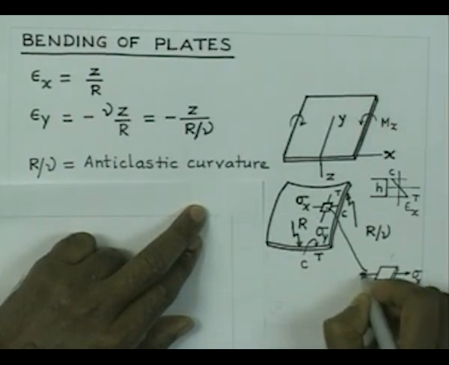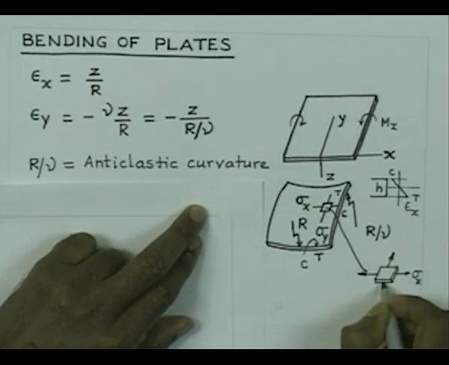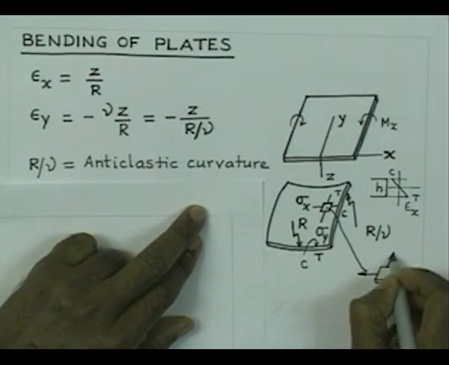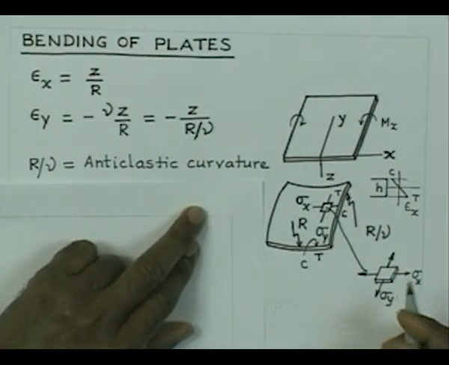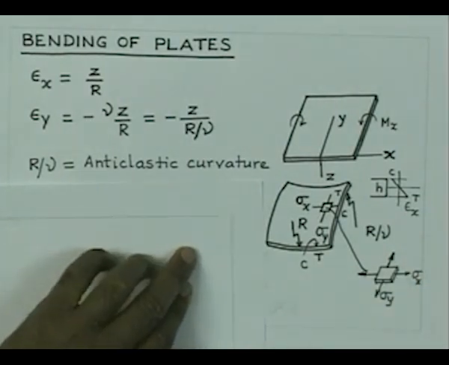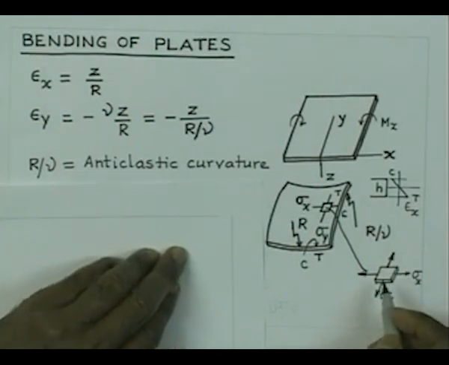It is also going to be subjected to stresses in the y direction. So, it is no longer a case of unidirectional loading as in the case of beam bending. In the case of beam bending, you have noted that the stress sigma y was 0. Now, the stresses are acting in the plane of the element, and therefore, it is generally considered to be a two